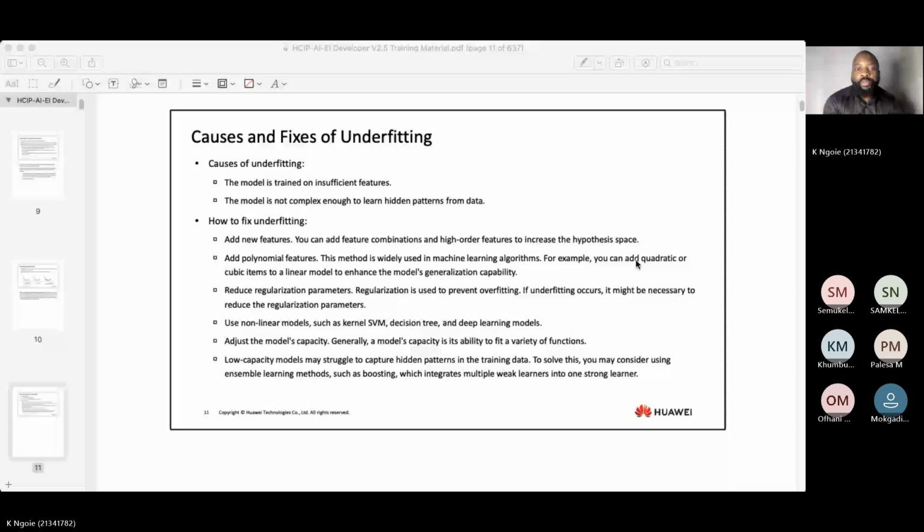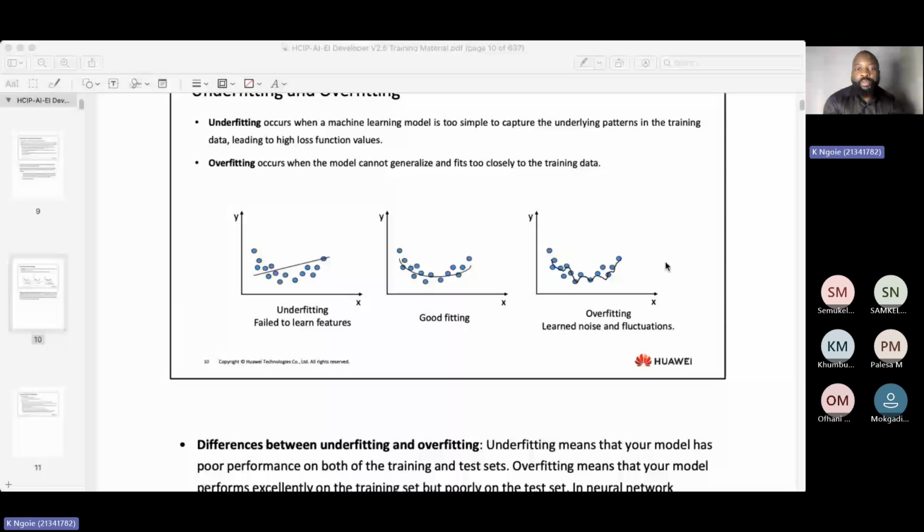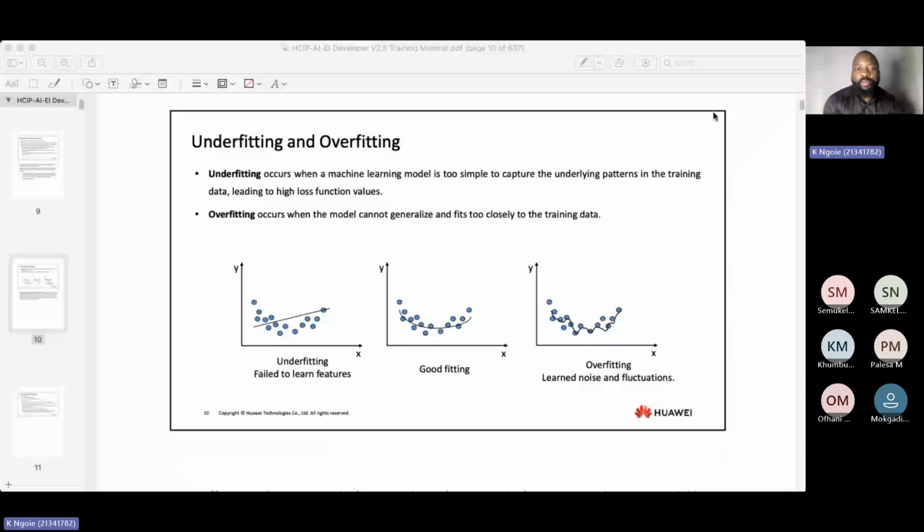The question is this. We want to create a system, an AI tool that will look at a picture of a human being and tell us if it's a man or a woman. So it's a binary classification problem that we are solving there. But the features that we're going to use to train that AI, we're going to be training the AI using the hair of the people, if it's long or short, and using the outfit. What are they wearing? Are they wearing pants or are they wearing a dress? So is the system going to have an overfitting problem or an underfitting problem?